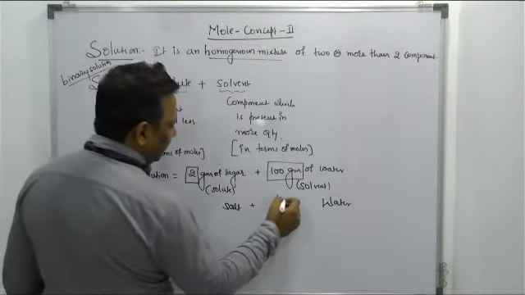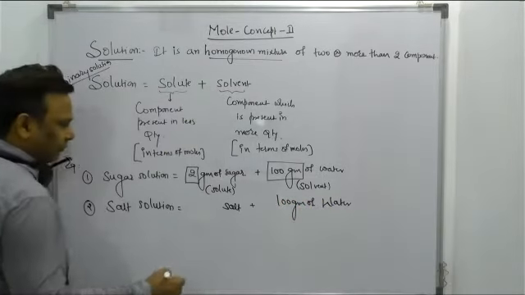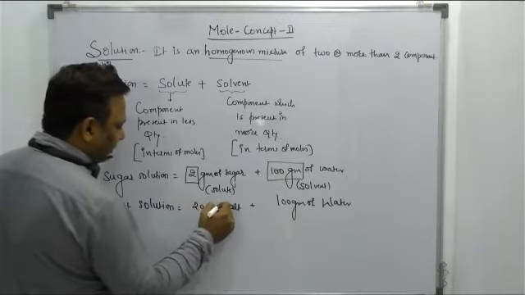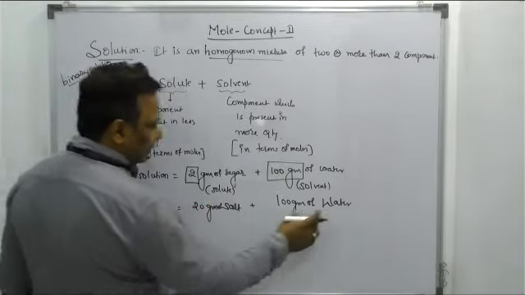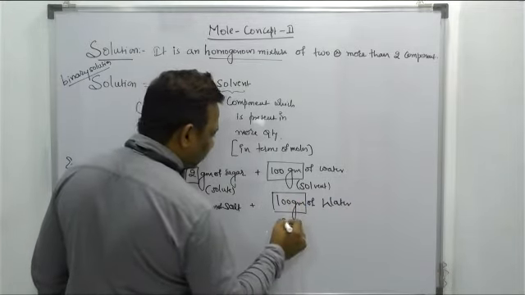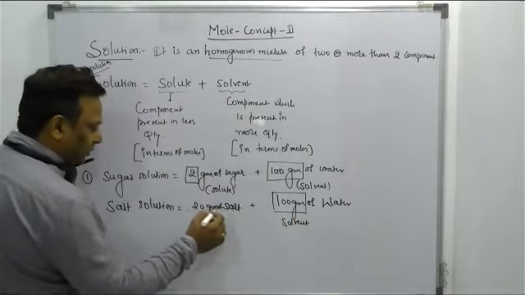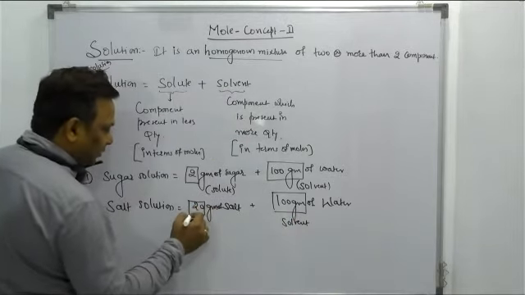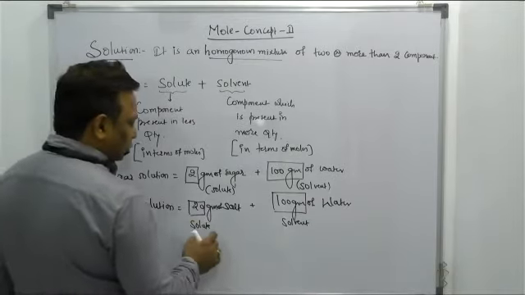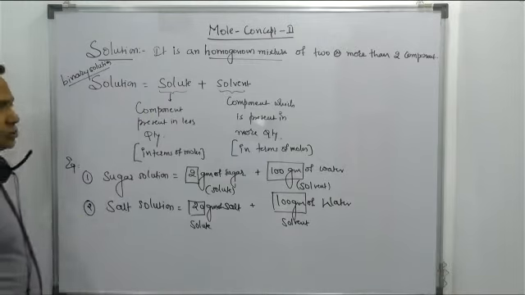Sir, 100 gram of water, what is dissolved in it? Here, 20 gram of salt. So obviously, beta, water is a component present in a large quantity, so it must be called a solvent, and salt is a component present in a smaller quantity, so it must be called a solute. The solute plus solvent together make the solution, and this is a salt solution.